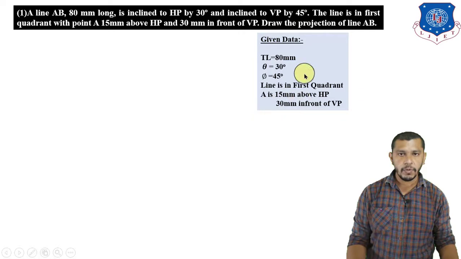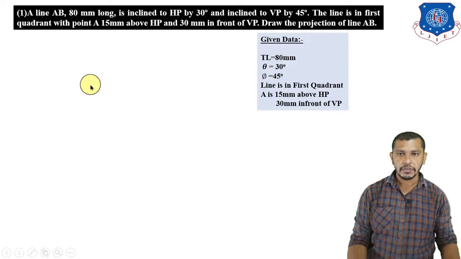So right now the information regarding the true length of the line is given, so we will get the true length, and after drawing the true length we have to find the plan and elevation of the line by following the procedure. And the procedure to find the plan length and elevation length from true length, that we have already discussed in our last lecture, and if you want to see my last lecture, then the link is given in the description. So let's start.